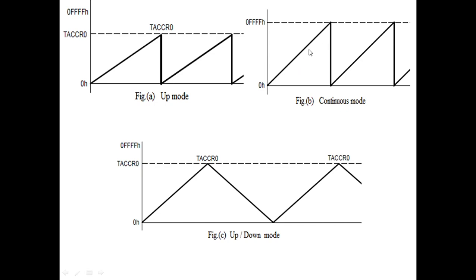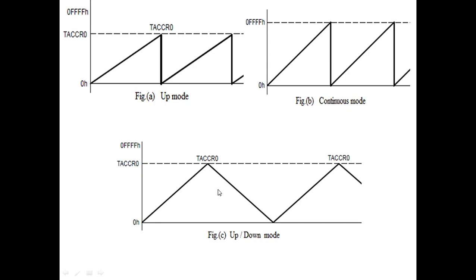Whenever it reaches the maximum value, the timer A value becomes 0 and generates the timer A interrupt flag, and the capture and compare register interrupt flag value is 1. Again, it increments gradually by capturing the current time, and again it increments to the maximum value, then the value becomes 0. Like that, the timer value will be operated in the continuous mode.